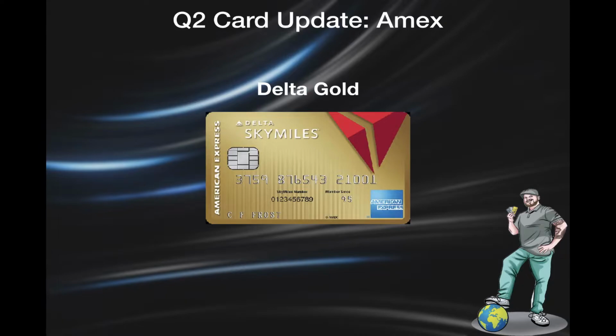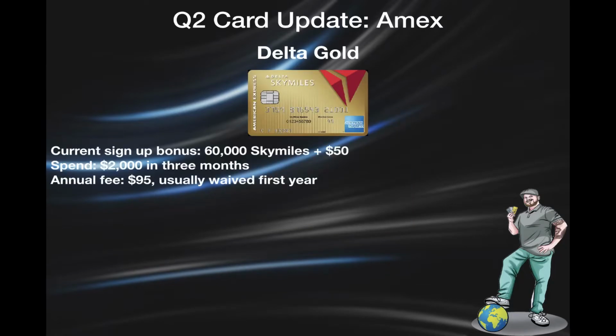I would recommend going onto Delta's website, logging into your SkyMiles account, and seeing if you are targeted for the 75K offer. If you are, you should take that one, but otherwise what's regularly publicly available is most often found again through referral links, and that one is 60,000 SkyMiles plus a $50 statement credit. Now you get that by spending $2,000 in the first 3 months, and the annual fee is $95, usually waived